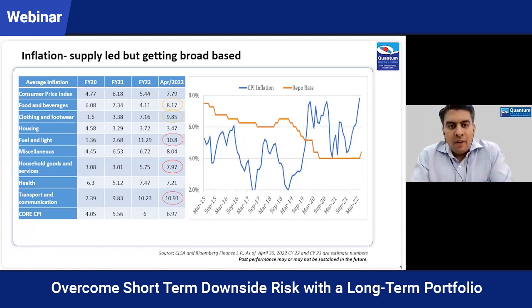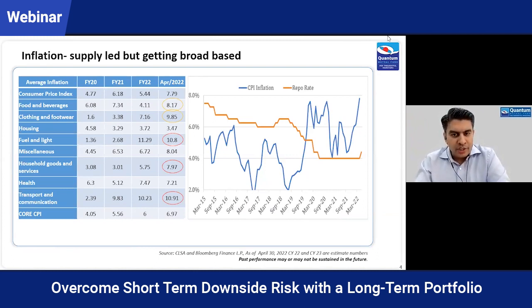So if you look at the Indian landscape also, we have seen inflation inch up above the RBI's comfort level of 6% band. They have a range of 4 to 6% where they want to see inflation, but it's above the higher level of the band that they operate on. It's above 6%, very close to 8%. And what has driven this inflation increase, if you look at food and beverage, clothing, it's very, very broad-based, largely fuel and light, household goods and services, transport and communication. And this inflation can remain sticky.